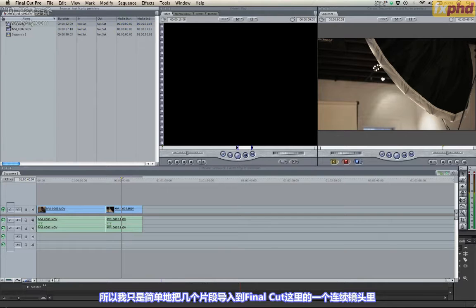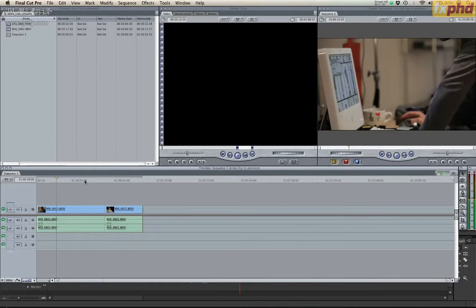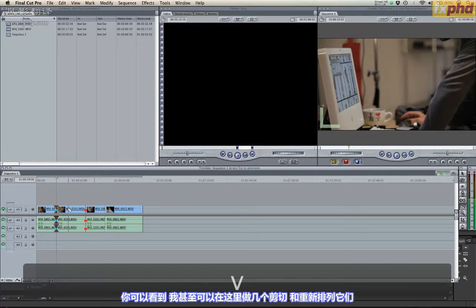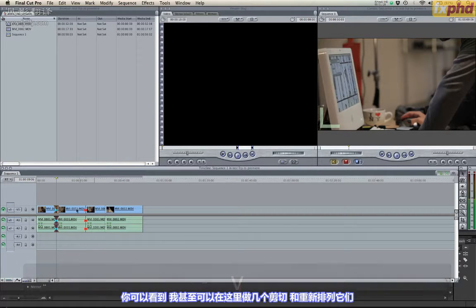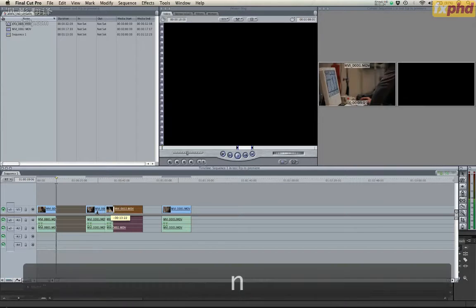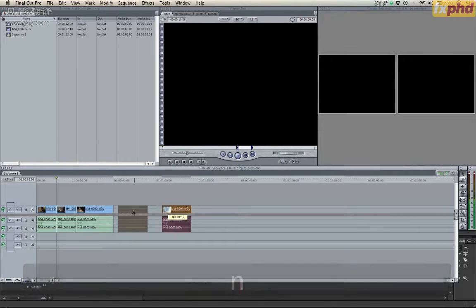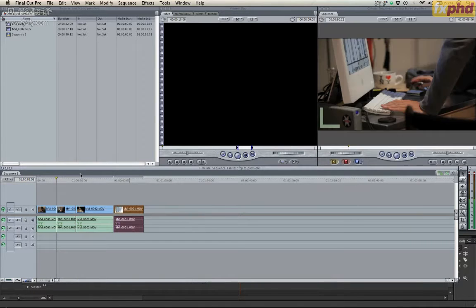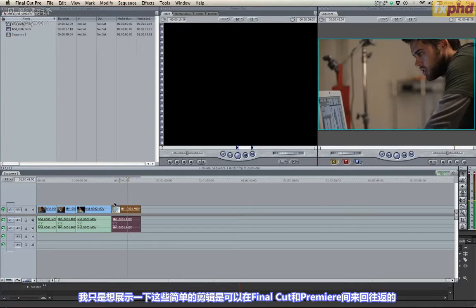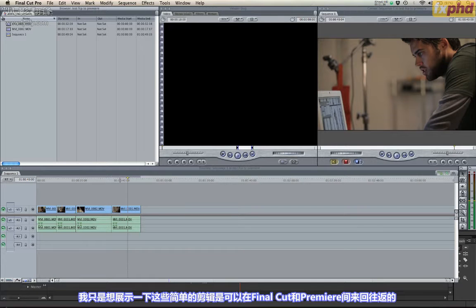So I just simply imported a couple clips into Final Cut onto a sequence here. And so these are just two clips back to back, and you can see I can even make a couple cuts in here and rearrange some of this stuff around. And I just want to show that these simple edits can be brought back and forth between Final Cut and